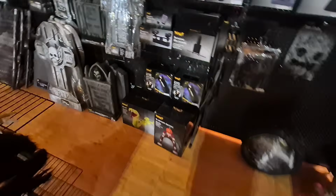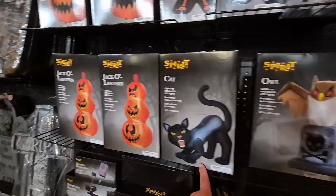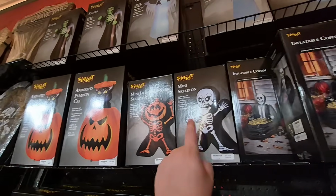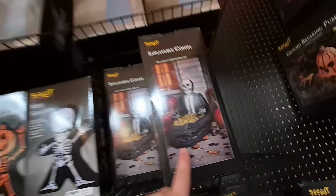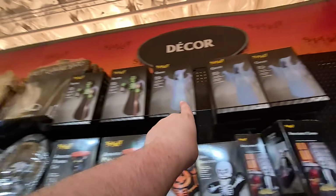And they have the 3-piece stacking ghosts right there, but look at all the inflatables. They have a decent selection here. There's the scarecrow archway and the snake, and they have the gargoyle, owl, cats, jack-o'-lanterns, plenty of them. Animated pumpkin cat, more of the mini jack-o'-lantern skeletons and the mini skeletons. They have a ton of these at all kinds of different stores. The inflatable coffins right there, you can put some beverages or candy in there, and a ton of ghosts and